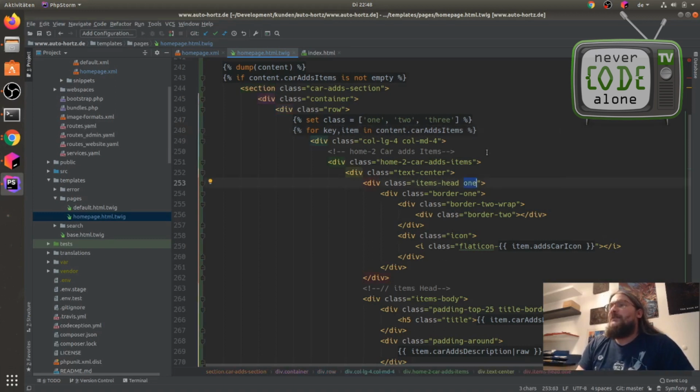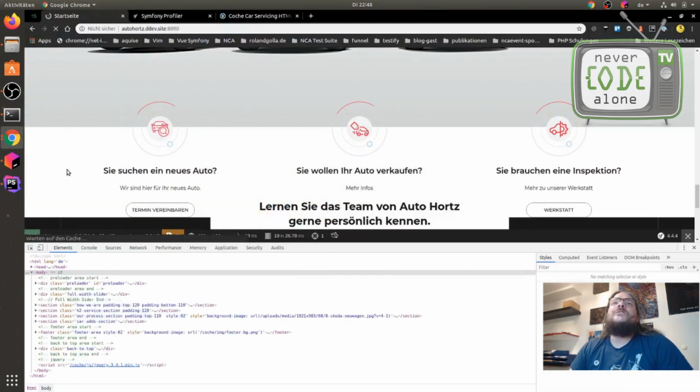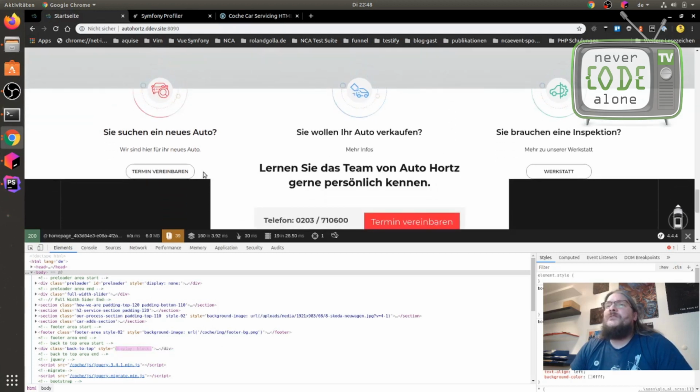And now I can say, please give me class key. When I reload our front end, we have these colors here, 1, 2, and 3. This is working for us.